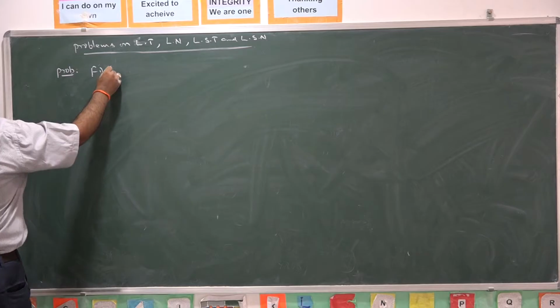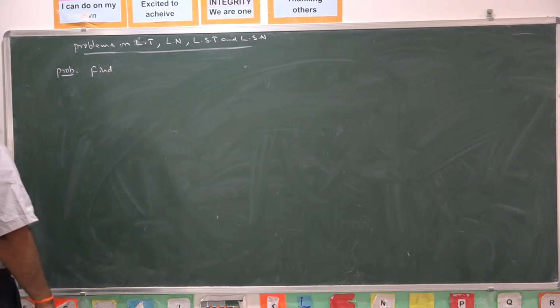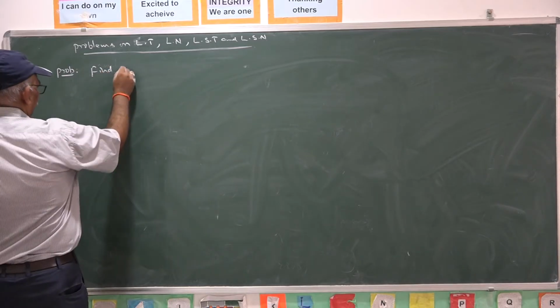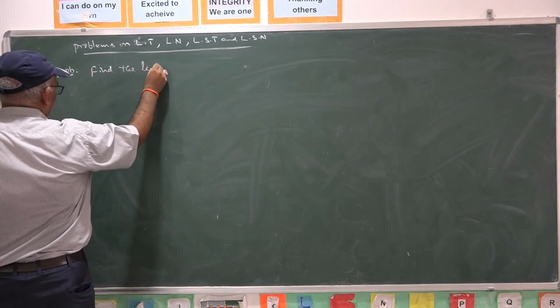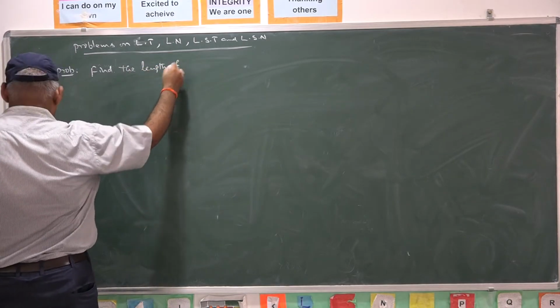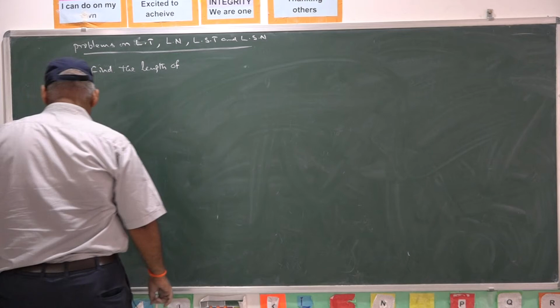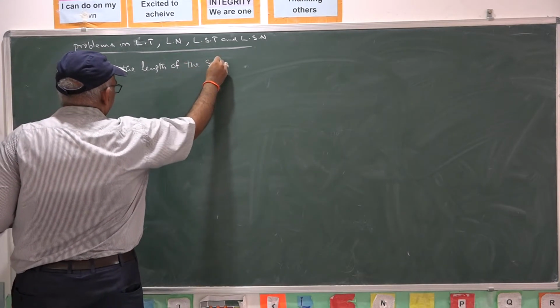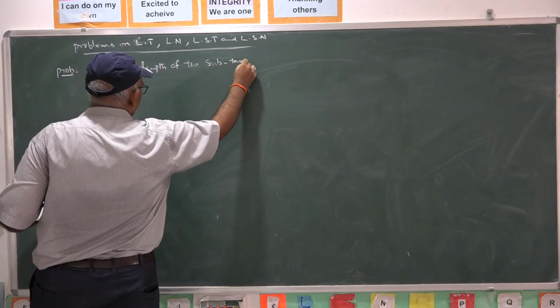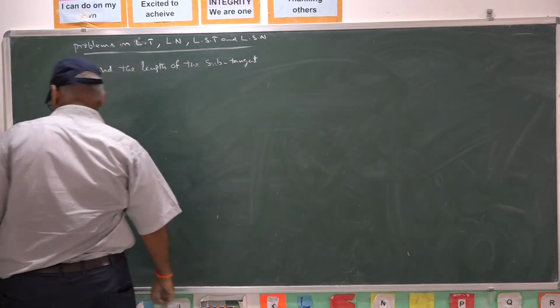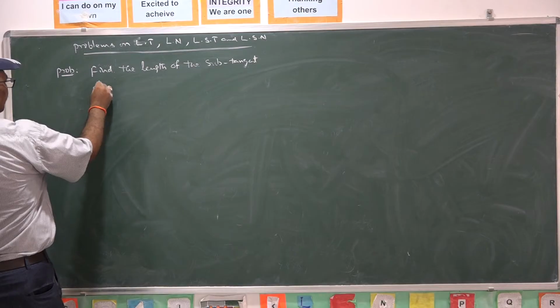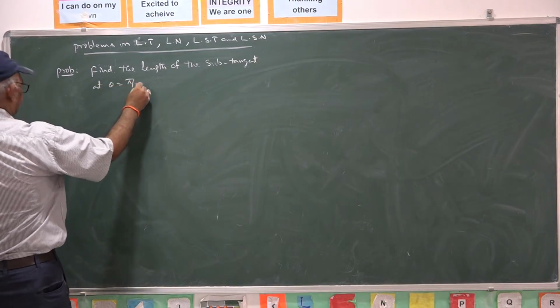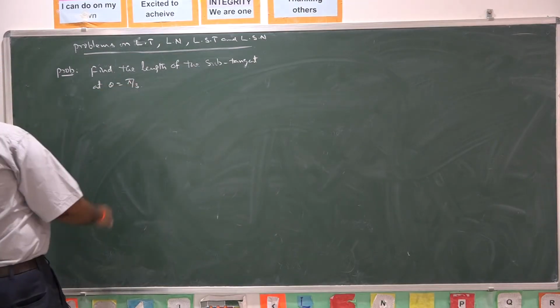Find the length of the subtangent at theta equal to pi by 3 on the curve